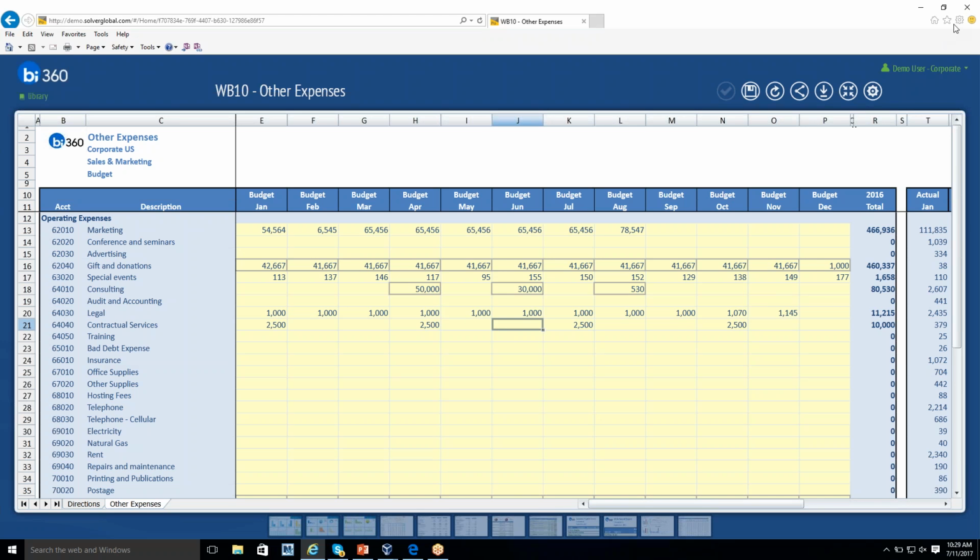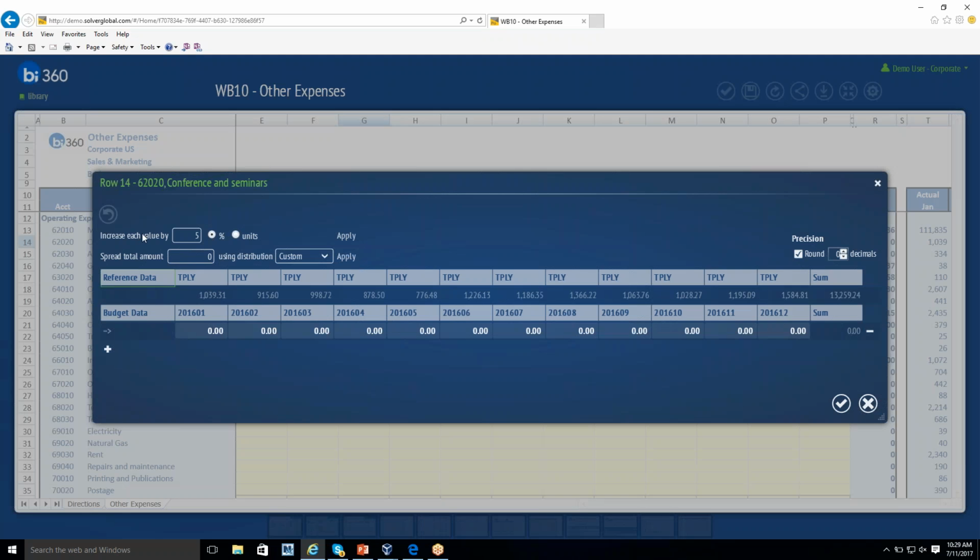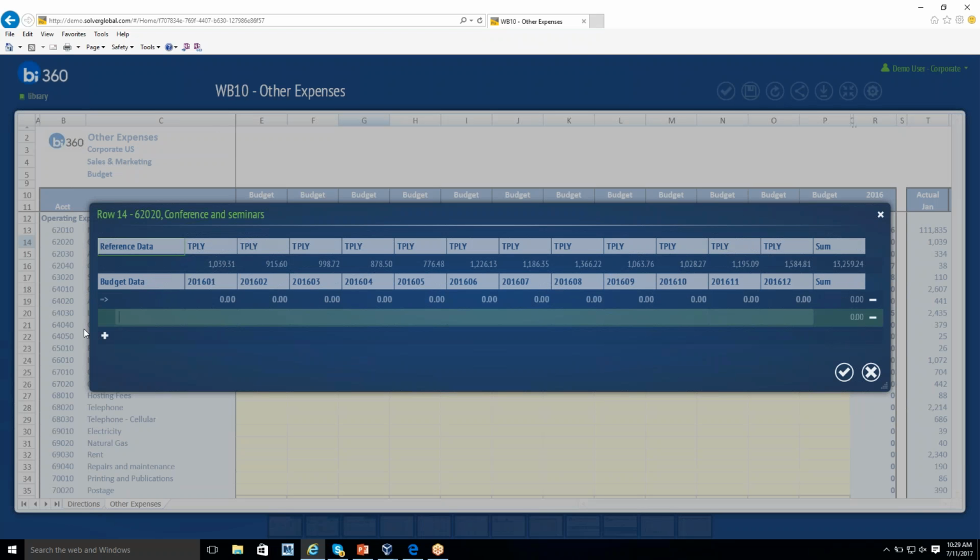All right, perfect. So the point of this template is to go in and say, all right, for some of these I could just input data that I understand, but perhaps for conferences and seminars, I want some more detailed information, right? So exactly which conferences are we attending? What I can do is right-click, and right underneath here, I can add line item details that are going to roll into that account. So perhaps you purchase Solver, and that's going to be